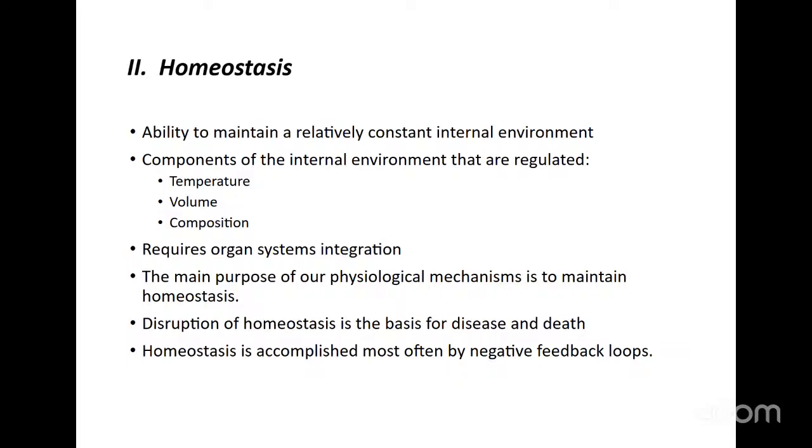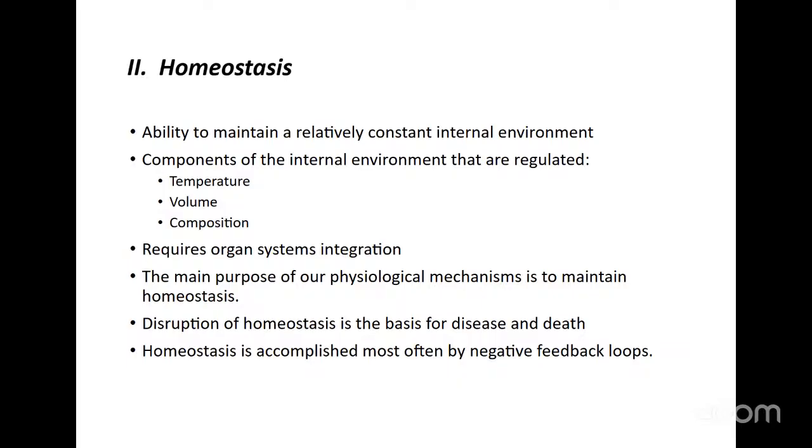To keep these variables consistent, right? To keep these internal environmental characteristics the same from day to day, you're going to need a lot of different organs working together, right? You're going to have command centers in your brain working alongside receptors on your skin or in your different organs, sensing changes. And then you're going to have other organ systems involved in adjusting when we sense a change, when we sense a problem. Right? So we've got a real whole body system here for the purpose of maintaining homeostasis,